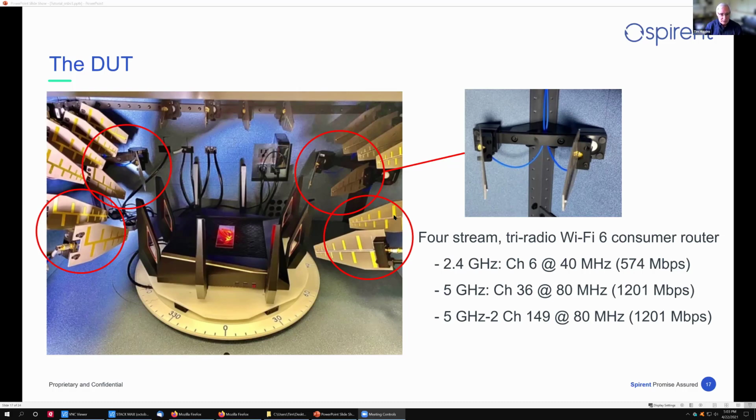The way I've configured the radios is that the 2.4 gig is set to channel 6, 40 megahertz bandwidth. The first 5 gig radio is on channel 36, and the high band Uni 3 radio is up on channel 149. I'm using 80 megahertz bandwidth. I don't want to deal with DFS and the associated delays and uncertainty that come with it. I am using 40 megahertz on 2.4. And so these are the maximum link rates that an AX device can achieve. All right, so these are 2 stream rates, because we have 2 stream devices.